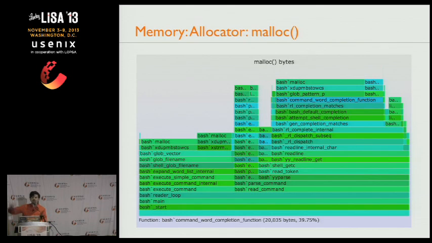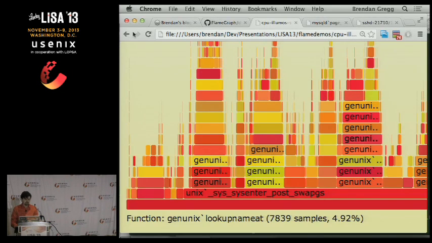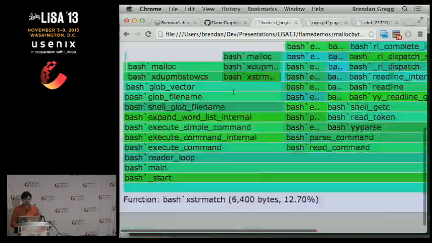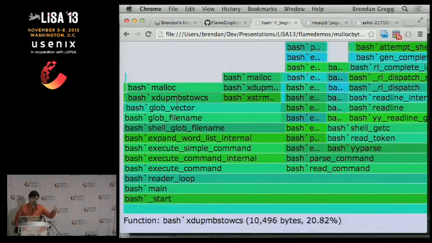I picked bash because the stacks are short and it's a very nice simple example. But you can do this for any application and then quickly figure out, why is my application mallocing memory? What code paths lead to doing malloc? That's just one view of it. And that may not be as interesting as it sounds. Actually, it sounds amazing. It's like, wow, I've solved the memory allocation problem. I can just mouse over these things. I can roll this for your application, figure out why you're consuming memory.